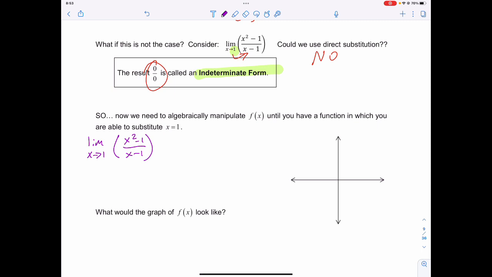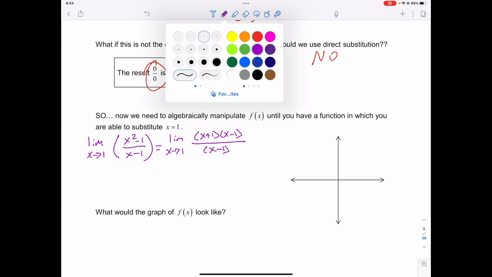I'm going to factor that numerator to get the limit as x approaches 1 of the difference of squares, x plus 1 times x minus 1, all divided by that denominator of x minus 1, and lo and behold,